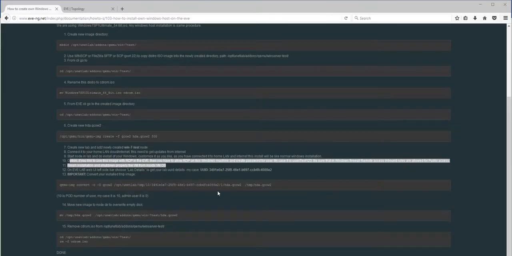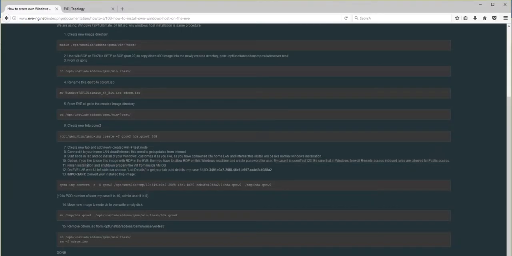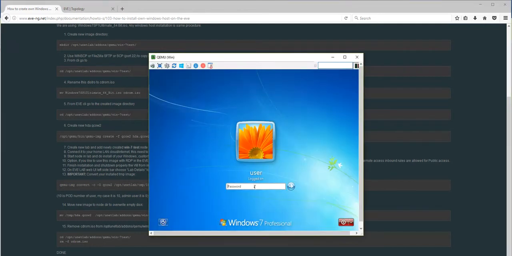So I'm closing now, and the next step. So the option about RDP we did, and it is very important that when you finish the installation you shut down the VM properly. So what I'm going to do. So here we are, test123. Okay.